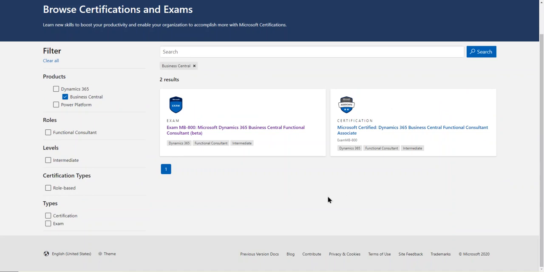Of these two exams, the difference between them is the beta and the non-beta version. If you're not familiar, the beta version actually allows you to provide feedback to Microsoft because they released this exam after 5 or 6 years of going into the Business Central practice or in the Business Central space. Microsoft finally has decided to actually give this exam out to the functional consultants and ask them for their feedback. So I wrote the beta exam and I was able to provide some feedback to Microsoft at the end